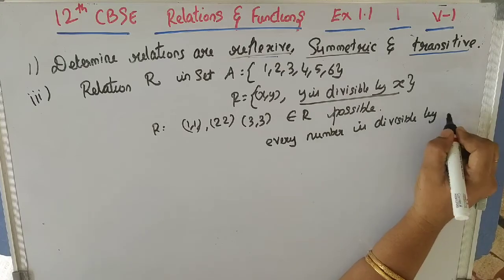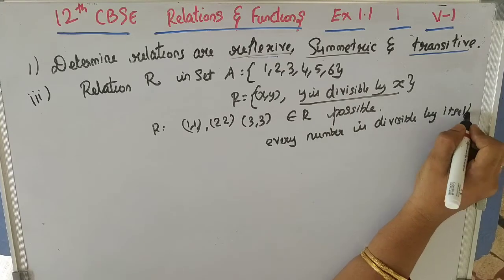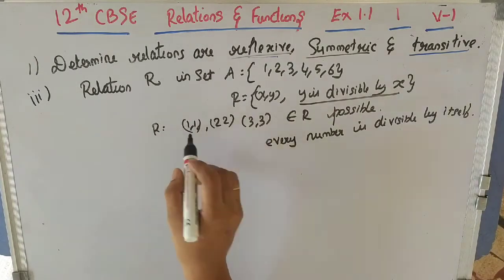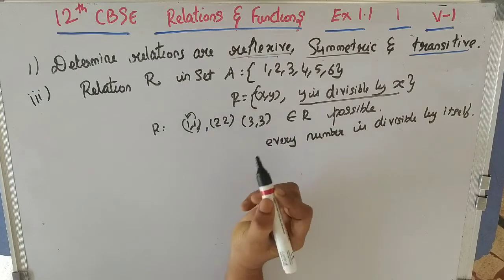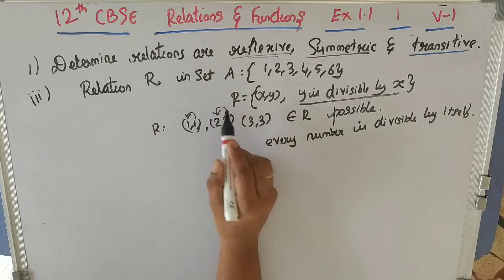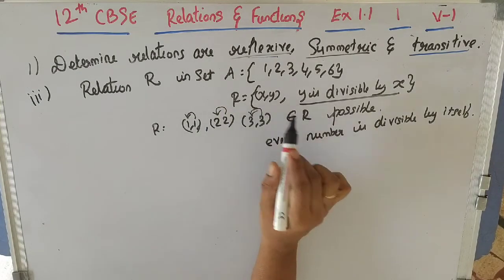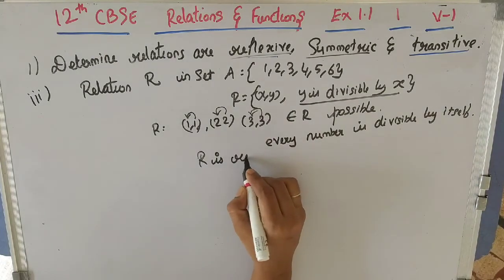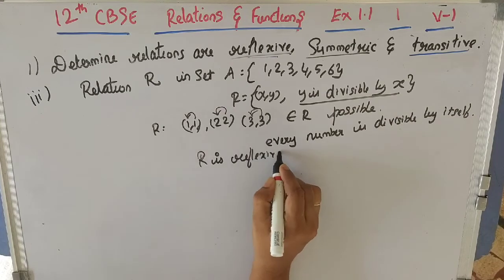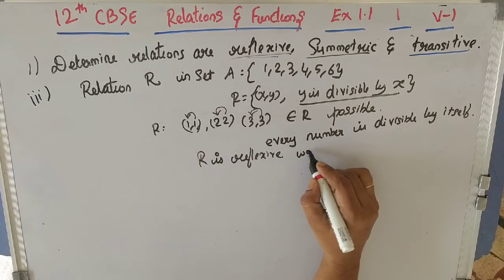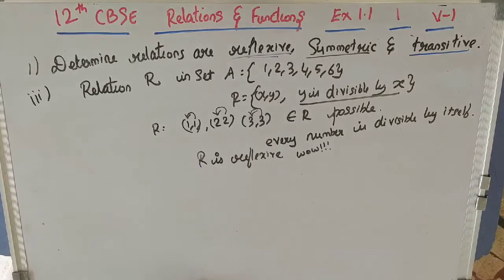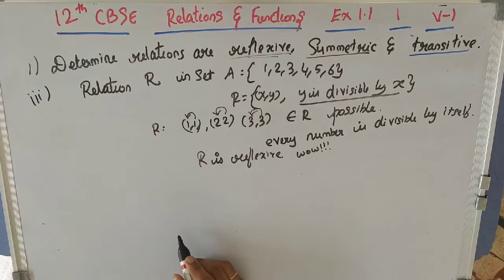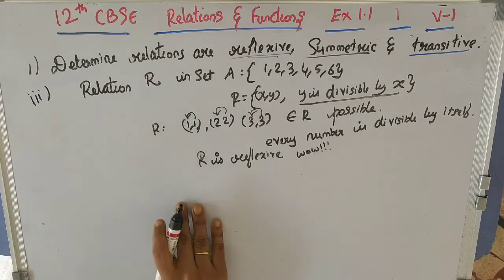So in (1, 1), x is 1, y is 1, y is divisible by x. If x is 2 and y is 2, 2 is divisible by 2, isn't it? Here 2 is divisible by 2, 3 is divisible by 3, 4 is divisible by 4, till 6 is divisible by 6. Therefore, this relation is a reflexive relation. Out of these three problems, only here it is a reflexive relation. Wow, isn't it? Okay. Now we can check whether the relation is symmetric or not.